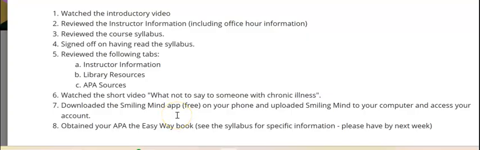Sometimes some of the activities from Smiling Mind are easier and more enjoyable if you're on your computer than if you are on your phone. And you're going to have gotten the only book that's required, and that is the APA The Easy Way book. Maybe you already have that from another course, and if you need to know specific information, you check out the syllabus.